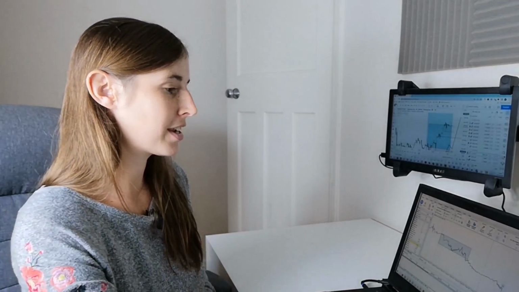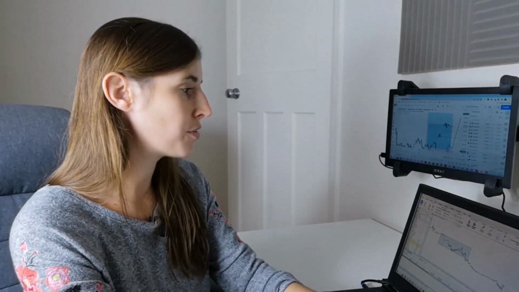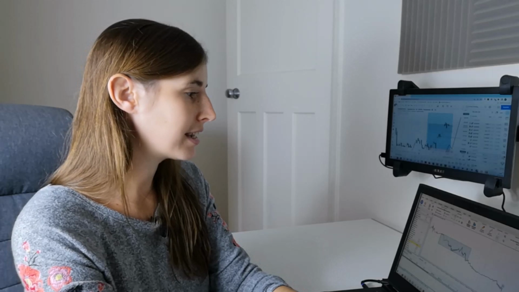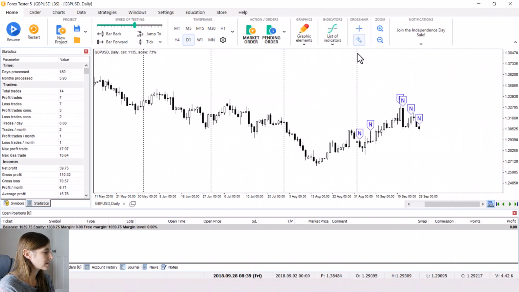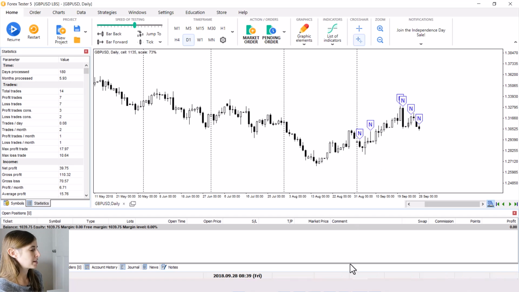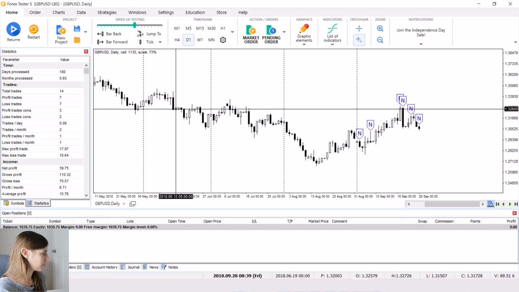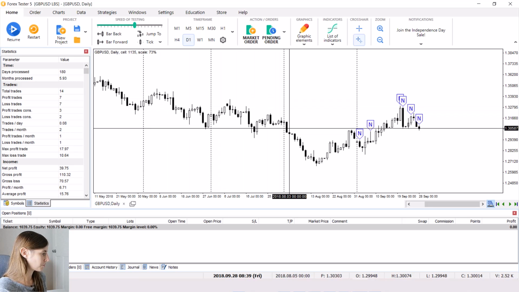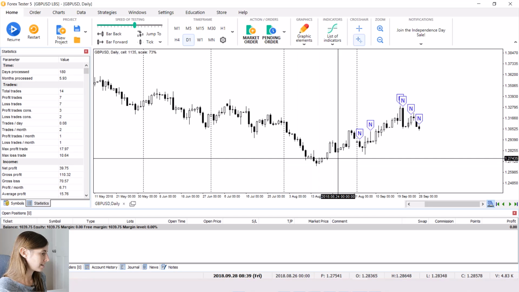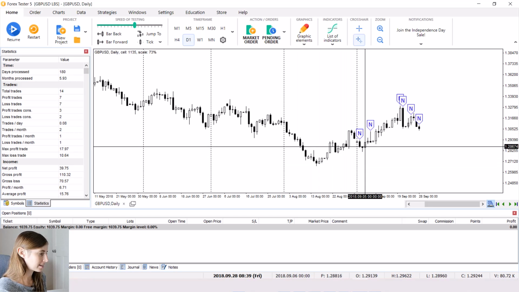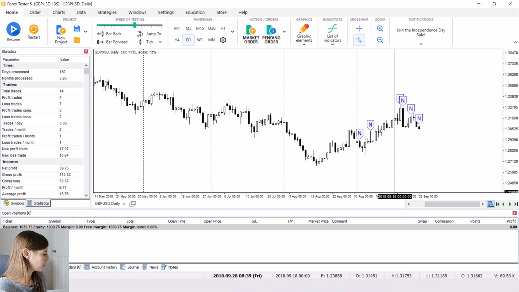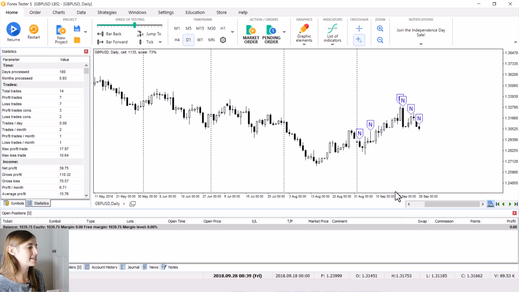I don't know what the market conditions were in the period of September. Let's go on the daily and have a quick look. And this is great because in Forex Tester 5, I've got the session period separators highlighted here. So it actually shows you these vertical lines, the different months. So we can see that we have been coming down overall in this downtrend. And then actually in September, it looks like this was part of a push up, which might explain why the strategy maybe didn't produce as much results, because if this was actually a reaction phase on the daily time frame